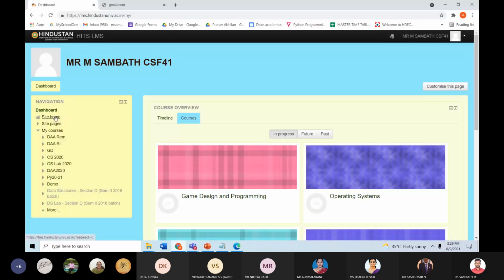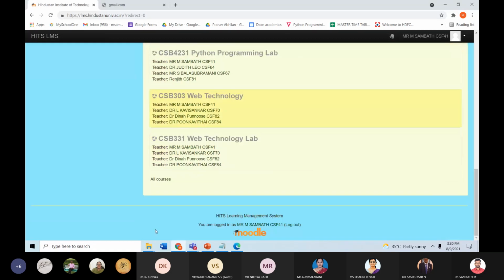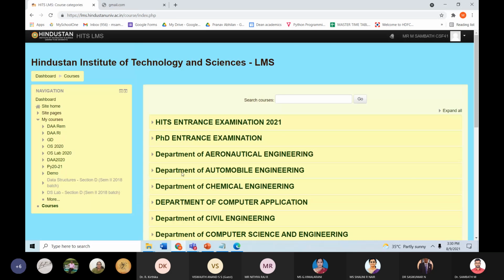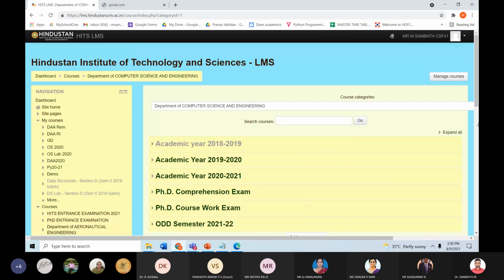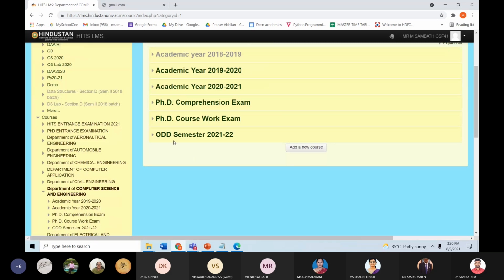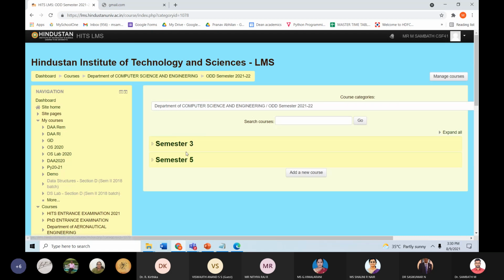Once all these folders have been created, you come to the dashboard again. Again go to Site Home, go to All Courses and go to your department. Now you will have the new category you created, odd semester, and inside this I have created semester 3 and semester 5.